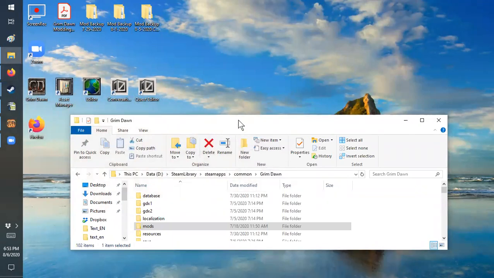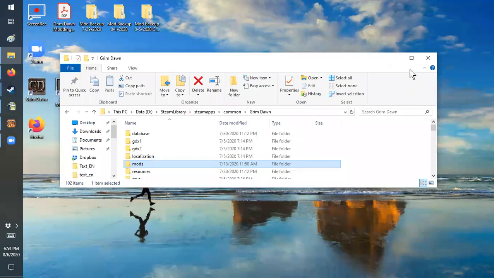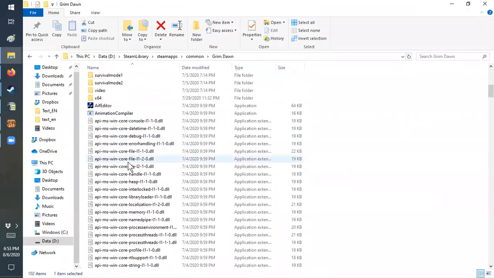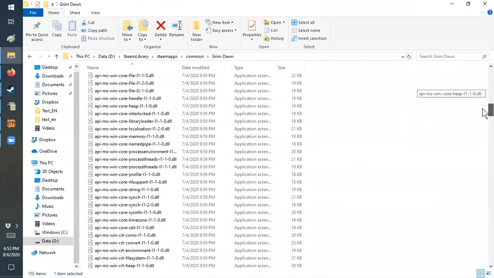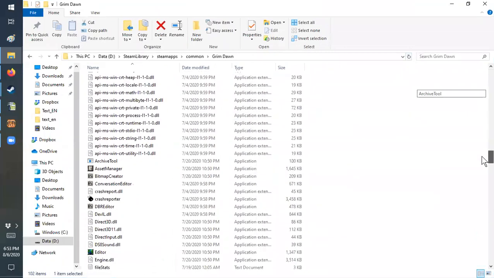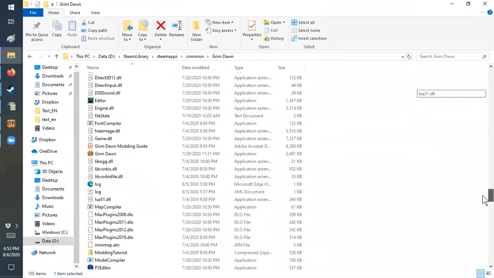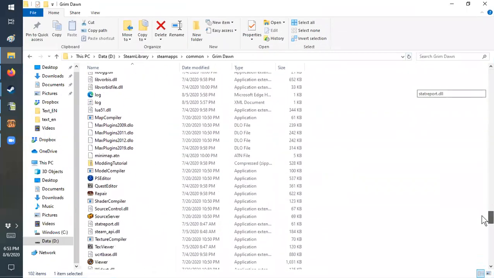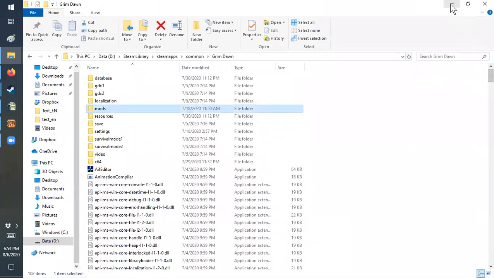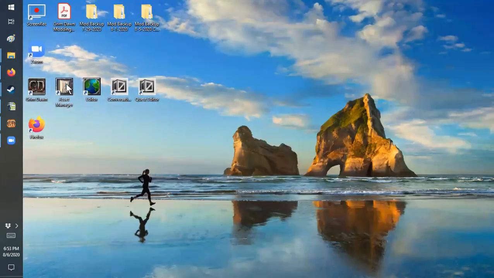In the Grim Dawn folder, you're going to have several different tools in here to open up the database, the world editor, dealing with bitmaps and graphics and things like that. I've taken those out and placed them up on the top. So we're basically going to look at these 5 icons here. And I'm going to start out with the editor